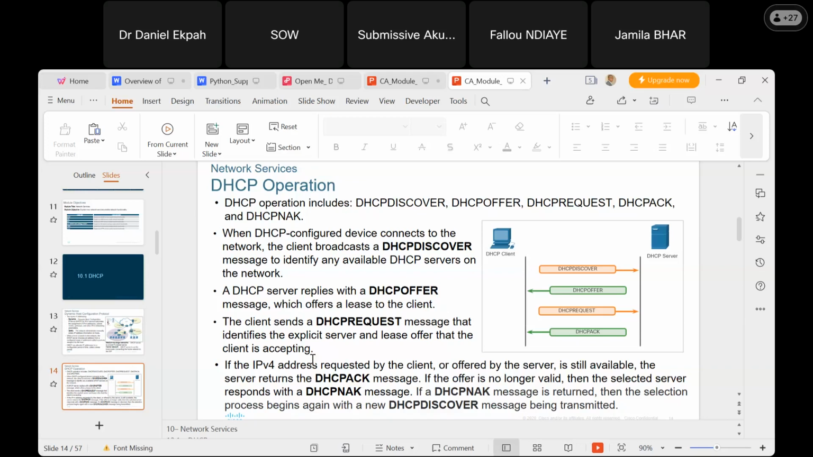So if the offer is no longer valid, then the selected server responds with a DHCP NAK message. And if the DHCP NAK message is returned, then the selection process begins again with a DHCP discover. So what we're saying here is that this is the manner in which a DHCP client and a DHCP server communicate, meaning that before your system connects to a server that offers these kinds of services, the first thing it